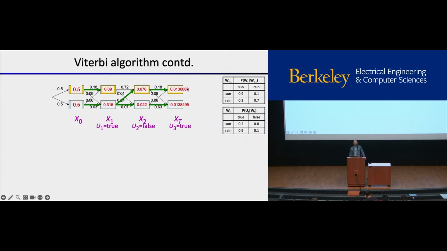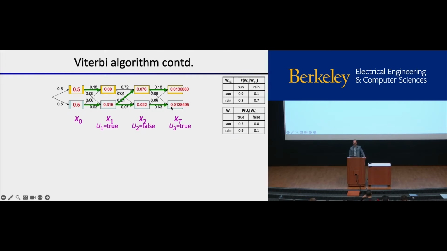And you'll notice these numbers are getting small because we're not normalizing. But it's okay because all we care about at the end is taking the maximum. And finally, this number is bigger than that number. That would be taking the maximum step. And so the path that we end up with is the one that got us there. So that's the most likely path.